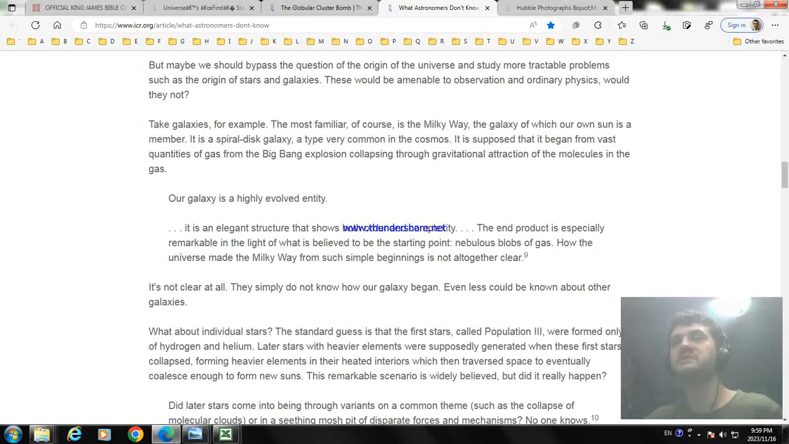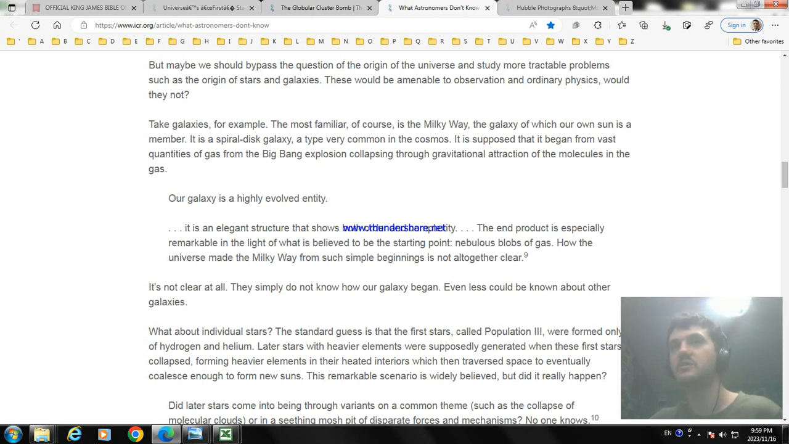But maybe you should bypass the question of the origin of the universe and study the more technical problems, such as the origin of stars and galaxies. Would that be an observation of ordinary physics? Would it not? Take galaxies, for example, and the most familiar, of course, the Milky Way, the galaxy of which our own sun is a member. The spiral disk galaxy type is very common in the cosmos, and it is supposed to begin